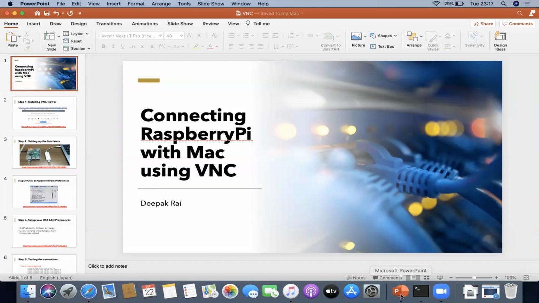Most of the time we are going to use Raspberry Pi with our laptop or other personal computers. So most of the time while doing the interaction, we will use SSH, that is secure shell, which is like